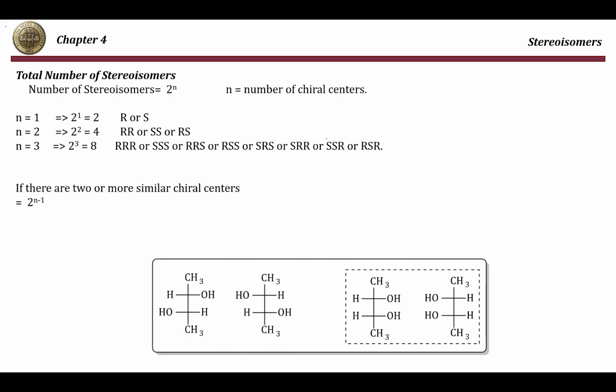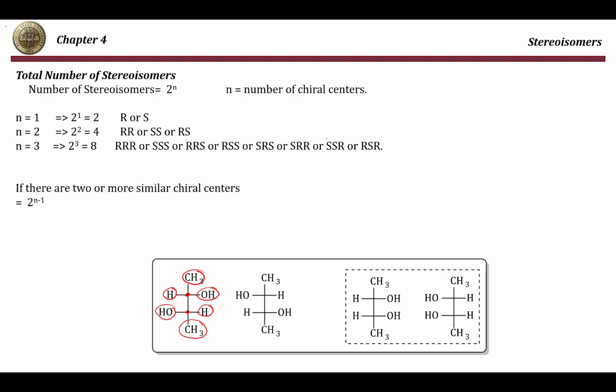so if you are given this compound, pay attention that those 2 chiral centers are the same. What do I mean the same? The first chiral center has OH, the bottom one has OH. This one has H, this one has H, this one has a CH3, this one has a CH3. So those are 2 similar chiral centers. They are holding the same groups. And that's why once we try to draw all the different options, we will notice that actually 2 of these